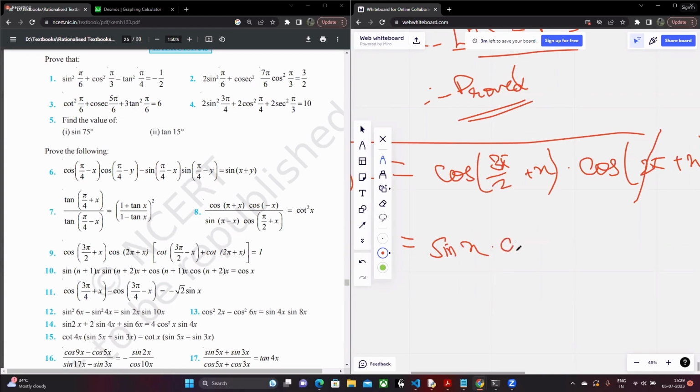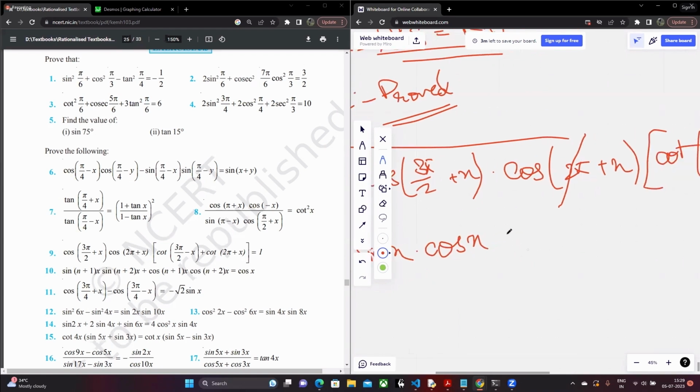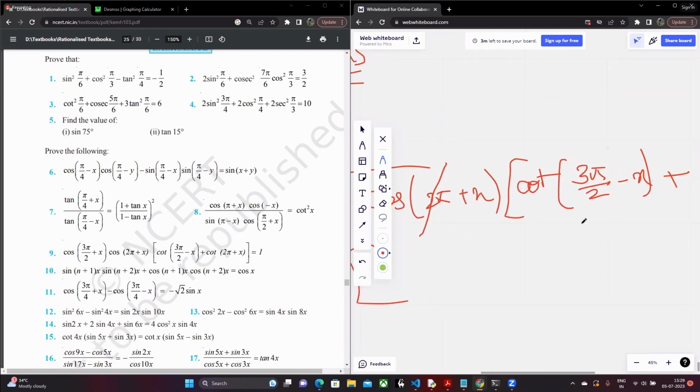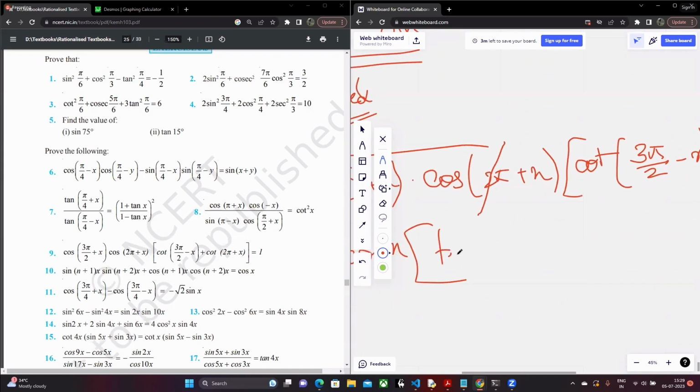Into this is going to be cos x, whole times this is cot of 3 pi by 2 minus x. This is going to be the third quadrant, right? Since it's a multiple of pi by 2, you are going to change the ratio to tan, right? And since it's in the third quadrant, it's going to be positive. So this will be tan x